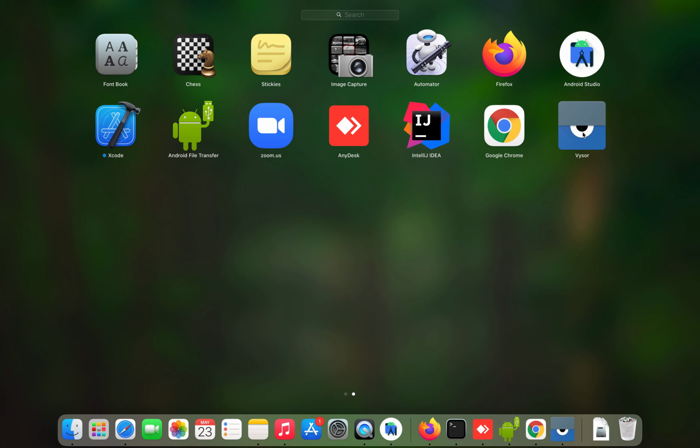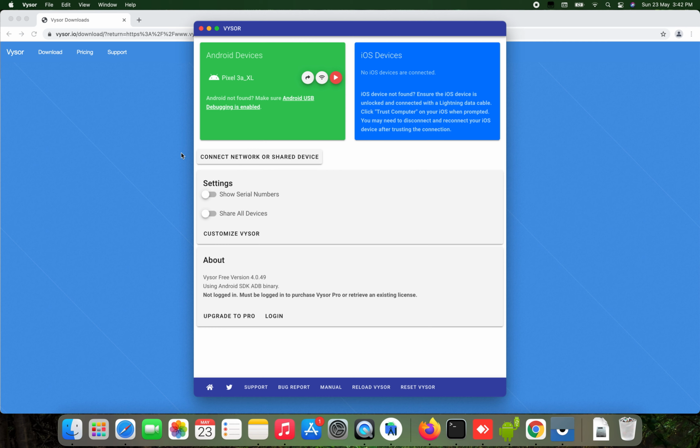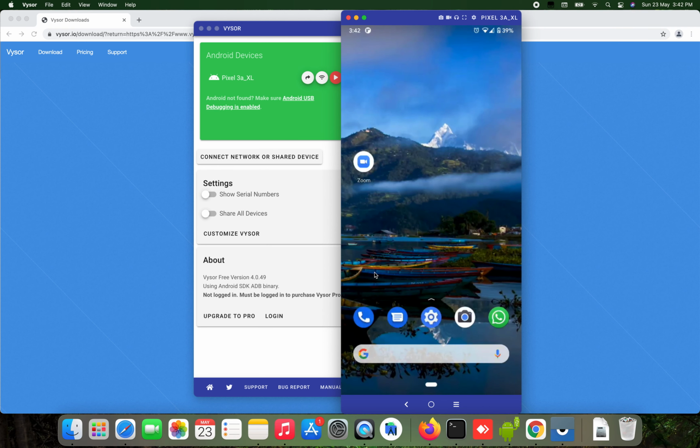This is the one I have installed already. Just click on this. Now it shows a dialog like this. To show my phone, we need to click on this View Device. The first time it takes some time to show the device, because the very first time it tries to install Vysor on our device. Based on that, it shows our device on the PC. So now it is showing my Android phone on the PC.